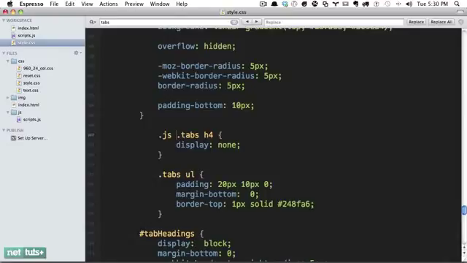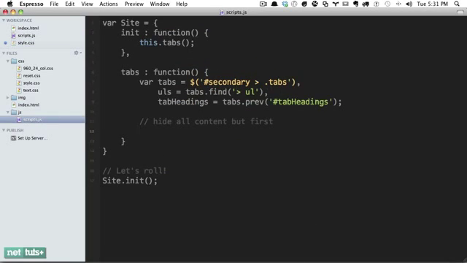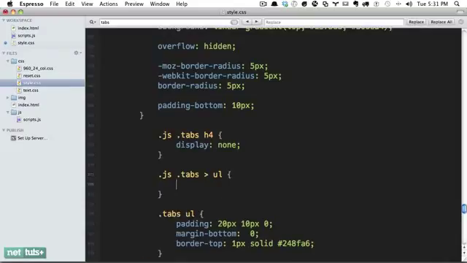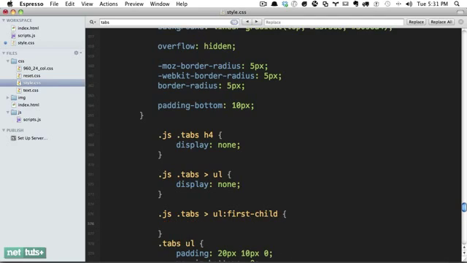And now let's go into style.css, and we'll say JS tabs, and then get the UL, because remember, we're just mimicking what we have here. So tabs, get the UL, and then we need to hide all of them but the first one. So if you want, like this, you could say display none. And then you could do it again and say, but JS tabs UL first child display